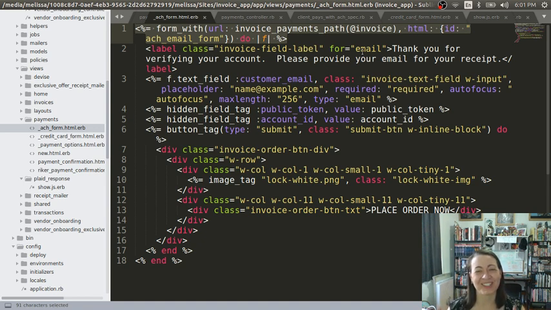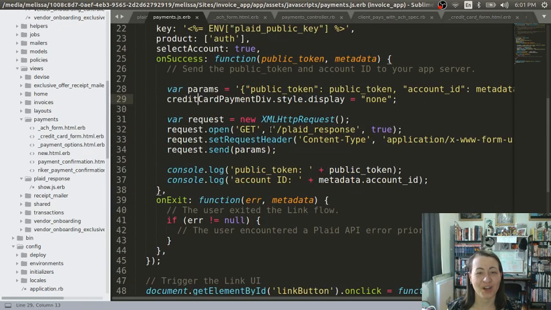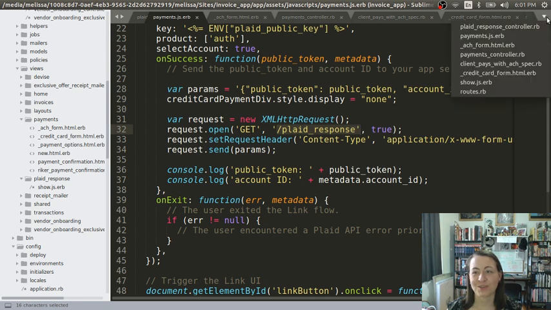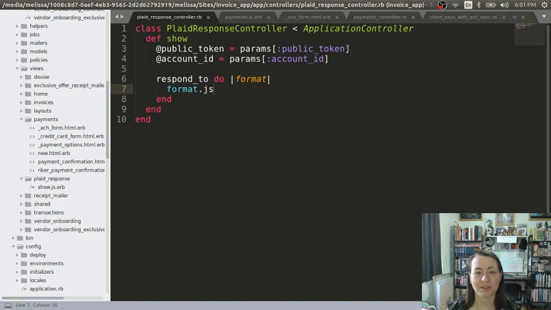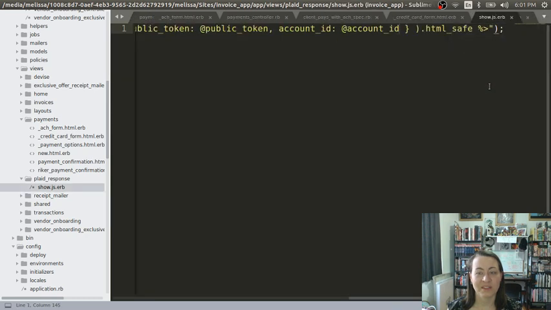I'm taking this JavaScript, going to our Plaid response controller, right? Rendering the JS that is now this, to then load that partial back in. Because we have to send it to the server to load the partial back in so we can collect that email. So I'm thinking maybe,